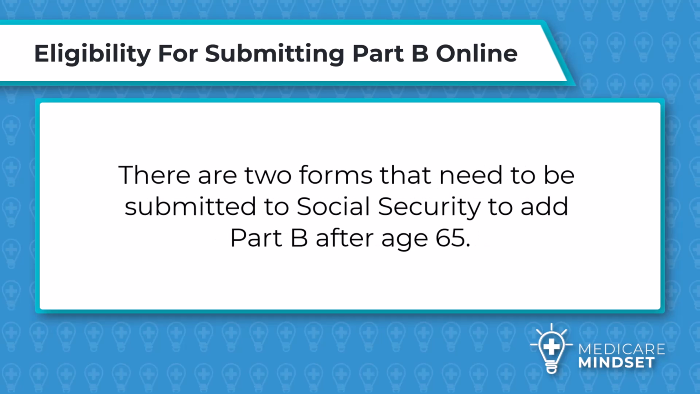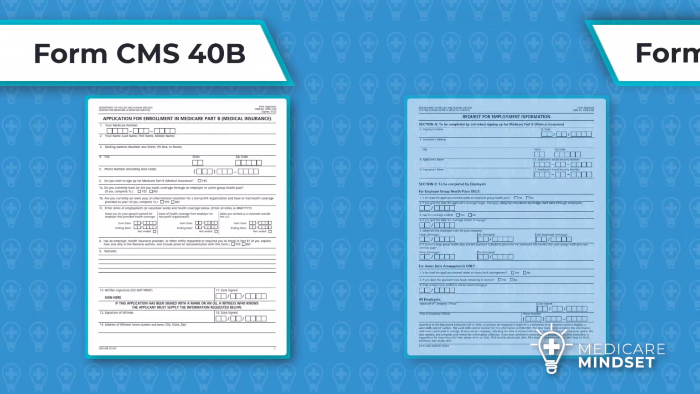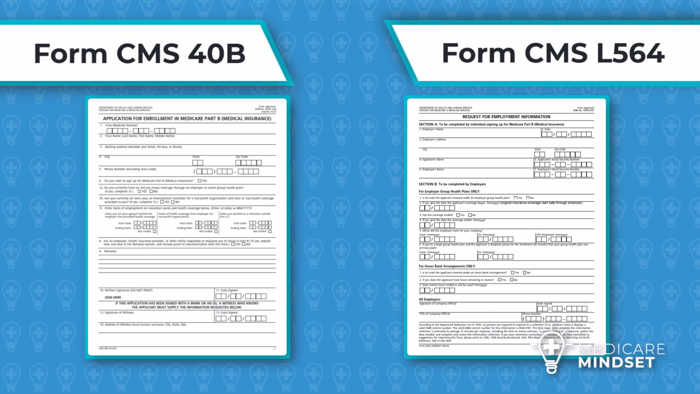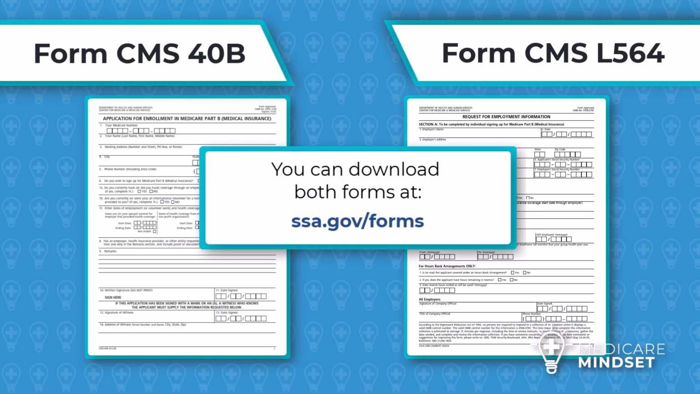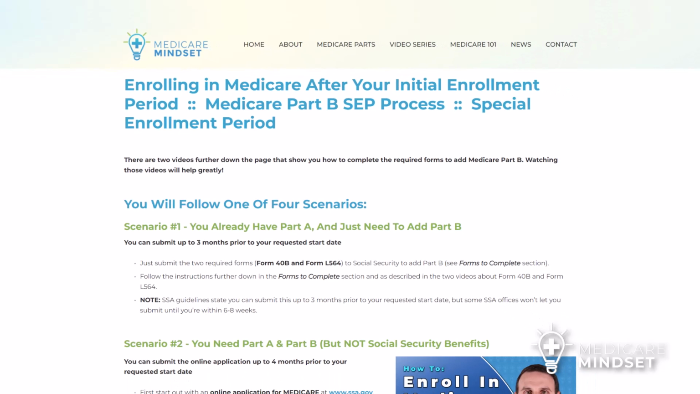There are 2 forms that need to be submitted to Social Security to add Part B after age 65. CMS Form 40B and CMS L564. You can download both at SSA.gov/forms or on our Special Enrollment Period website at medicare-mindset.com/SEP. We feel our website is more helpful as it includes additional instructions and videos on how to complete and